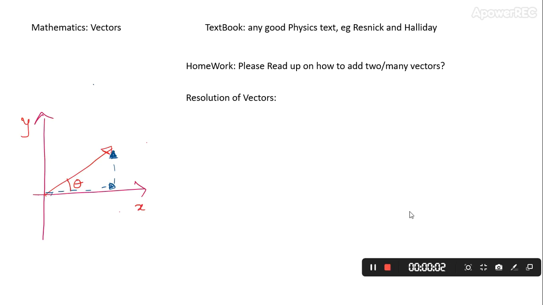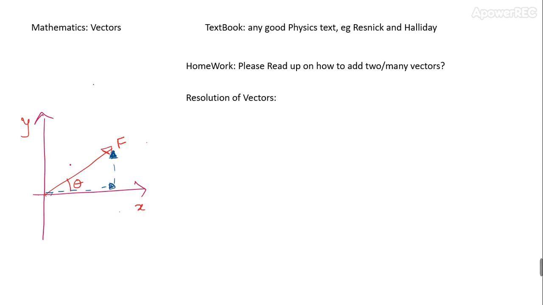So we can represent this vector f whose length is given. Let's say the length is 5 and whose theta is given in a particular way, which is called the resolution of the vector f. Just like a simple example, A, which was represented as 2i, and another example, B, which was represented as